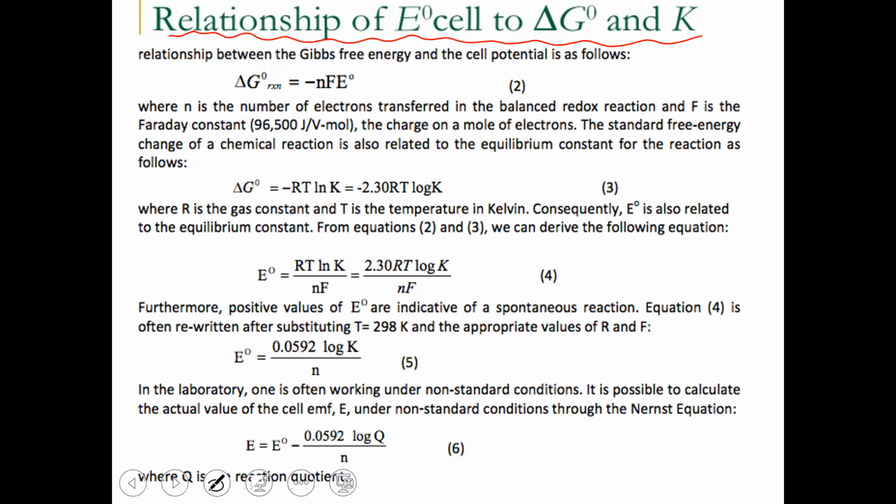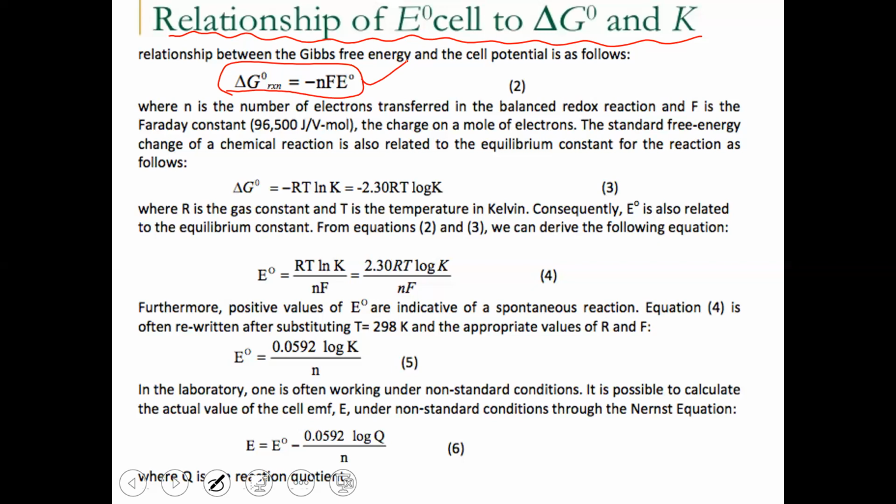We know the relationship between the Gibbs free energy and cell potential. Delta G naught is equal to minus nFE naught. This indicates the relationship between the Gibbs free energy and cell potential. In this, N is the number of electrons transferred in the balanced reaction, and F is the Faraday, approximately 96,500, the charge on a mole of